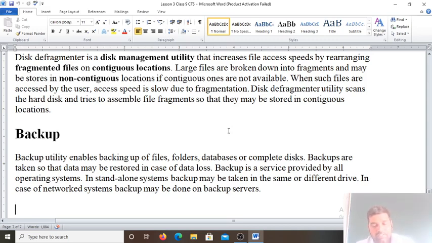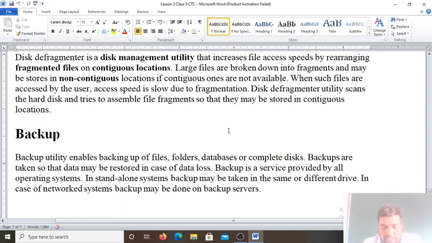Okay. Next, the virus scanner. In today's digital era, where all the work is being done on the computer, it is needed to safeguard our data from viruses. A virus is a malicious program which replicates itself and makes the computer unstable. Antivirus software are computer programs which identify, prevent, and remove viruses from our computers. Some popular antivirus are Quick Heal Total Security, Norton Antivirus, McAfee Antivirus, or Kaspersky Antivirus. These need to be installed in our computer.